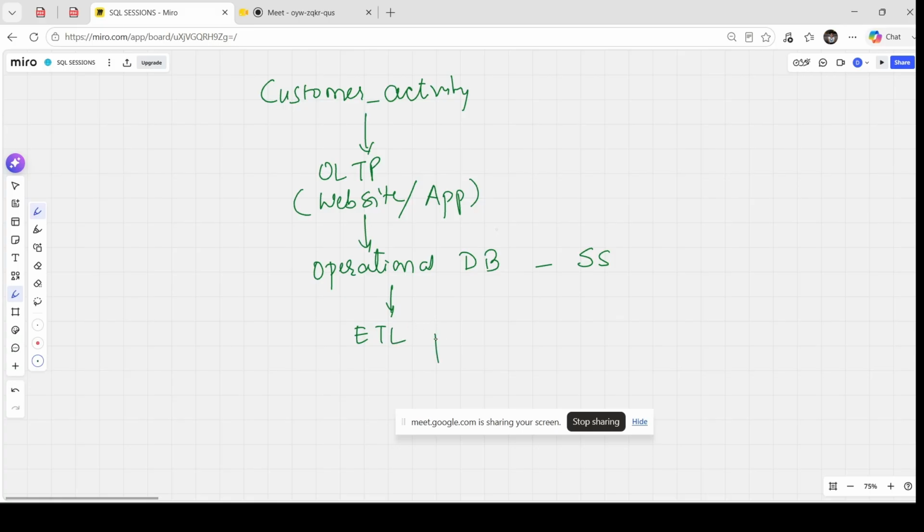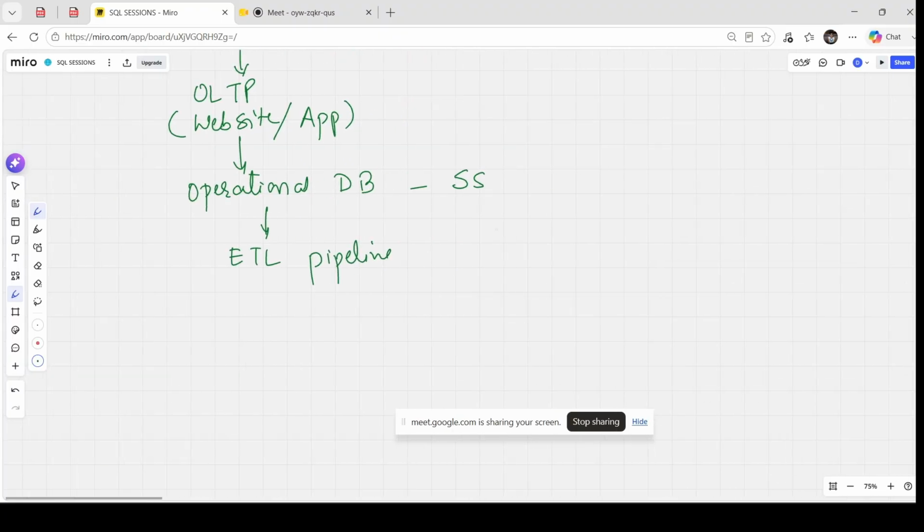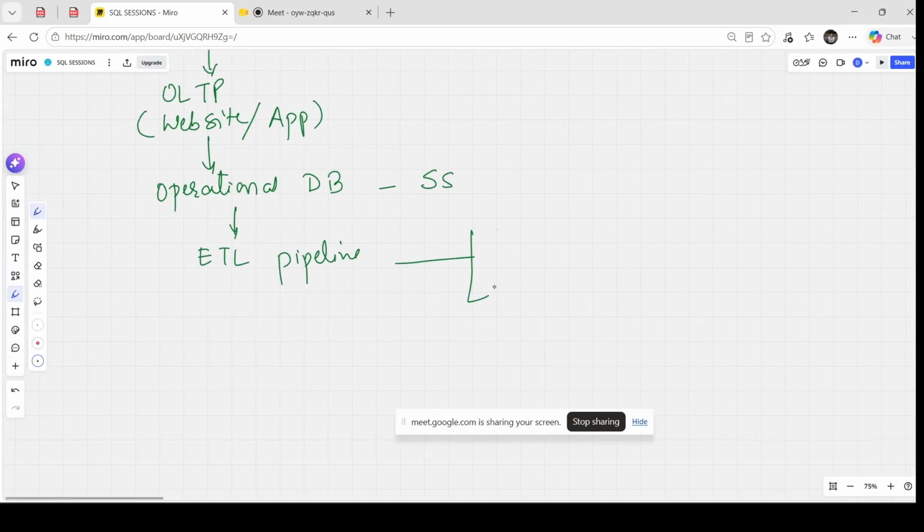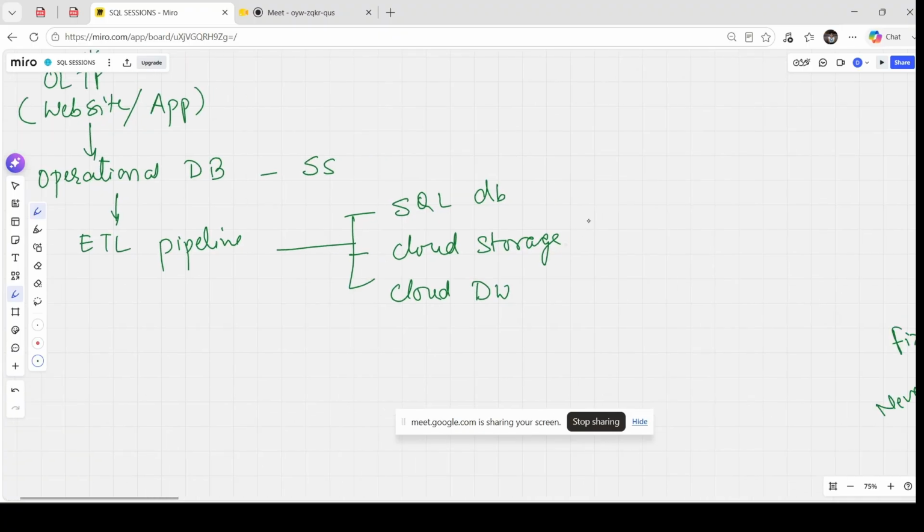So ETL pipeline, right? So ETL pipeline can be, again, let's talk about this. We have three types here. We have SQL database, what we have used in our SQL course, right? Apart from that, we have cloud storage. So we can have this ETL in cloud storage as well. Apart from that, we can have cloud-based data warehouses. Okay, so the storage means, again the same thing, AWS,